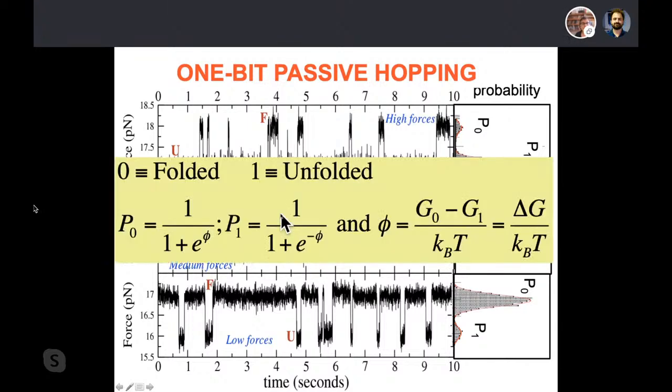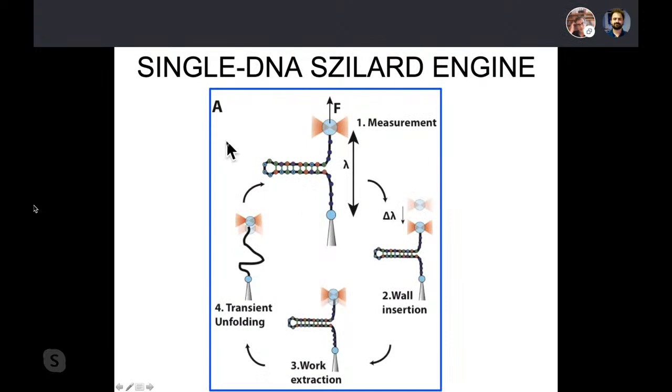So we can partition the two volumes in a way, and here I want to show you that the difference in free energy between the two states is just given by the relative probabilities, okay? And this is the detailed balance condition, that P0 divided by P1, which is a ratio of these sort of Fermi expressions, is just equal to the exponential of delta G divided by kBT, which is the exponential of E. So in principle, from this P0 and P1, we could know the free energy difference, which will be an important parameter in our experiment.